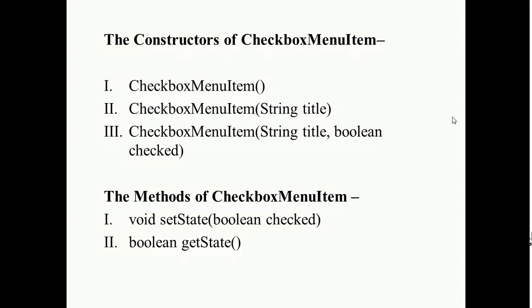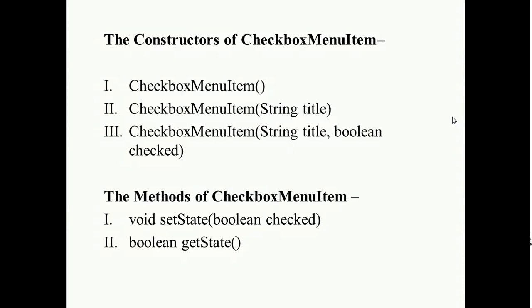The MenuBar, Menu and MenuItem are classes, and all three classes have an add method to add the object into it, that is, add the item into the form or frame. Once we have created a menu, place it in a menu bar using the add method. Menu items are added into a specific menu by using the add method. And for nested menu items, menu items can be added under another menu item by using the add method.